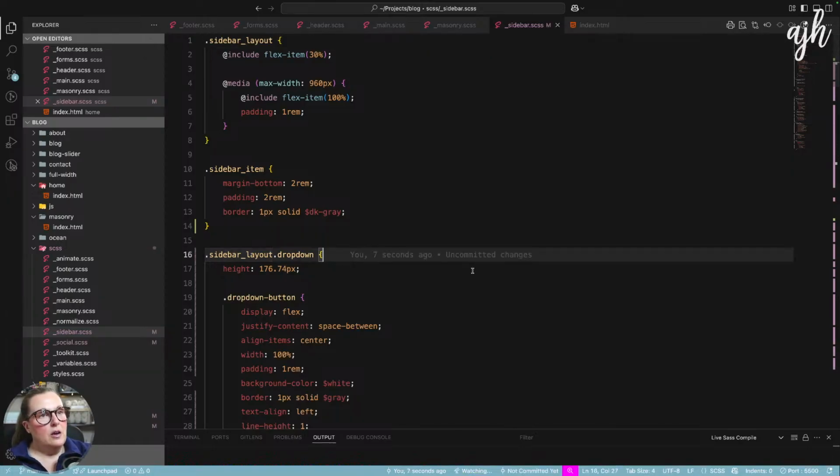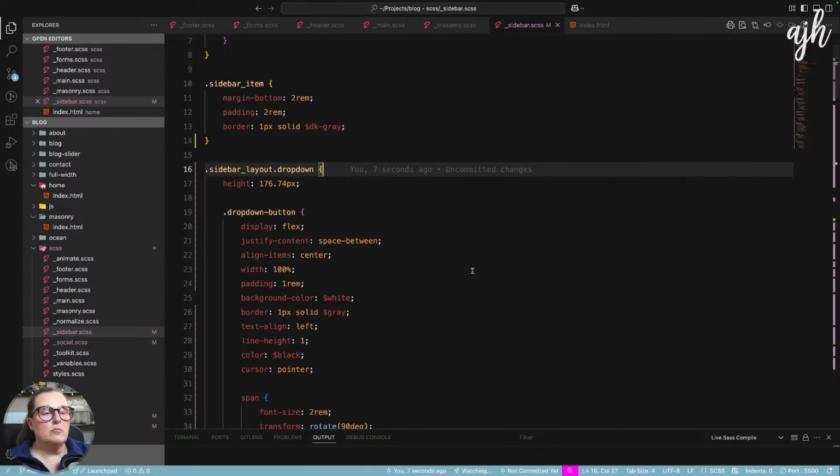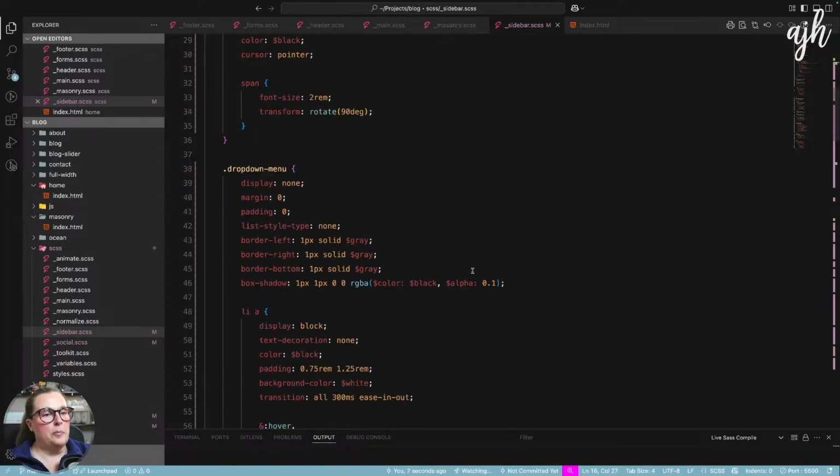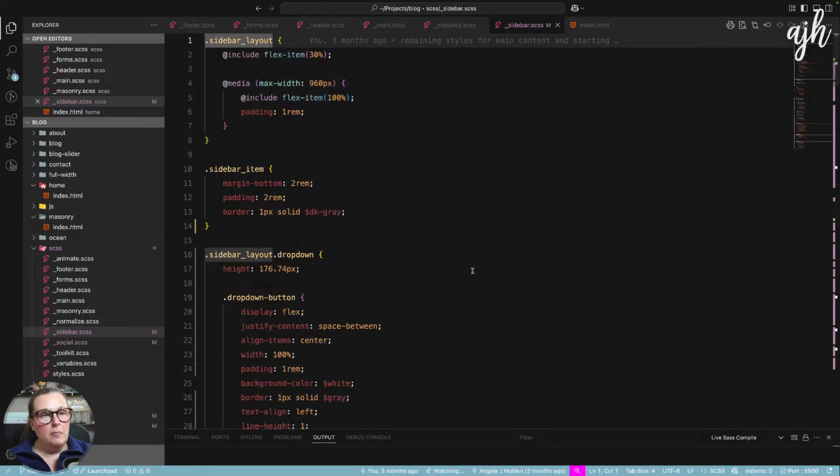So, I think this is fine. I think this is, for the most part, tidied up. We don't need to do too much more here. I think if I was rebuilding this sidebar, I might rethink some of these choices. So this just goes to show that this project is only a few months old, but I've been doing so much front-end development. I've done more front-end coding in the last 8 or 9 months than I've done in the last couple of years,